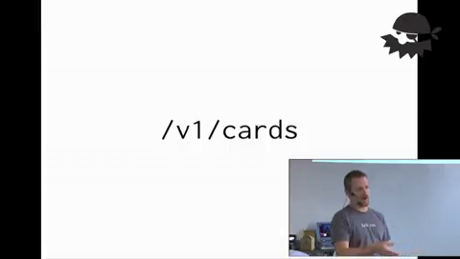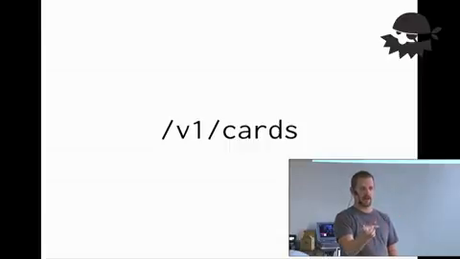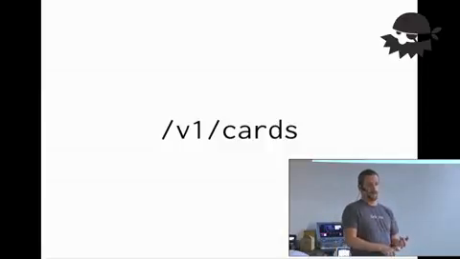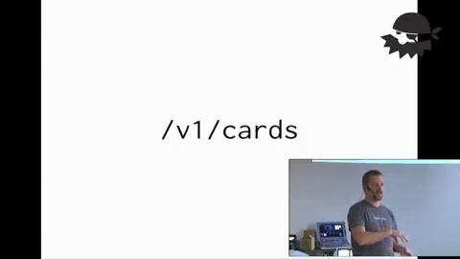Versioning breaks that down. It means that you essentially have to generate the path at runtime based on the version that you want to use. So it works really easily. It's doable. It keeps a nice clean separation between your API implementations at the controller level, but it's not really that RESTful. And over time, you're going to end up with a lot of extra controllers that represent your different